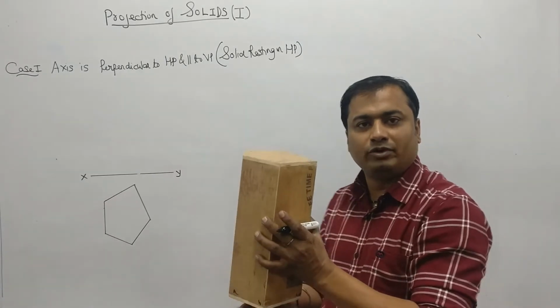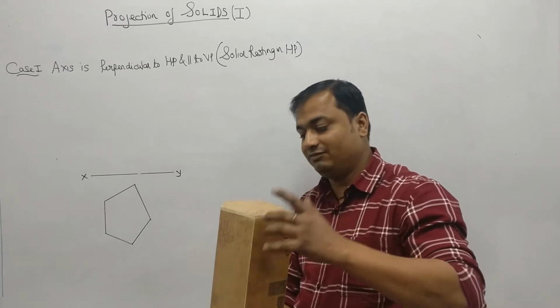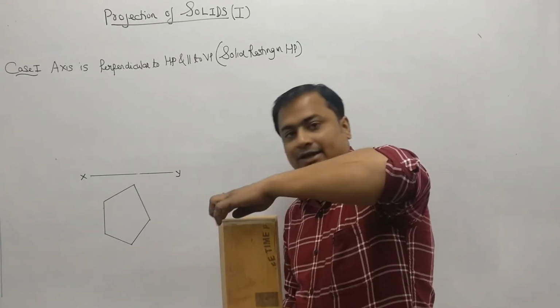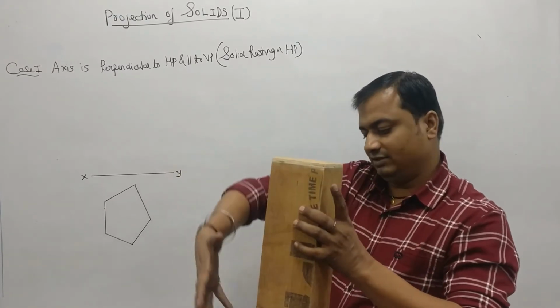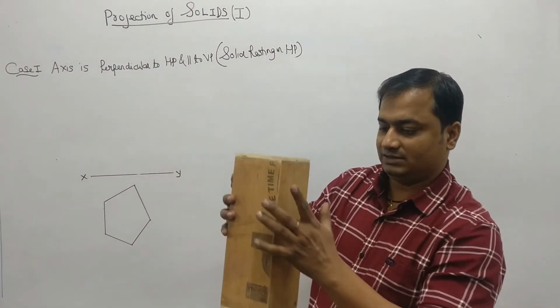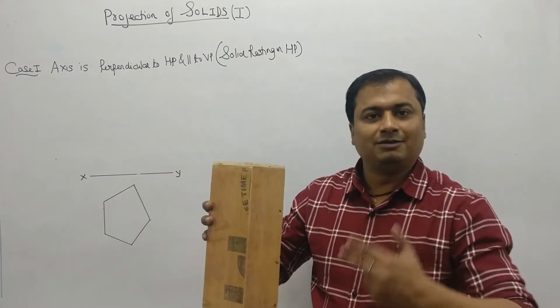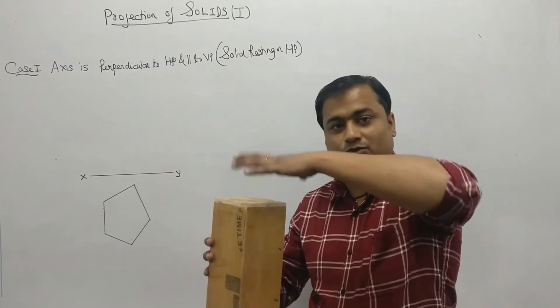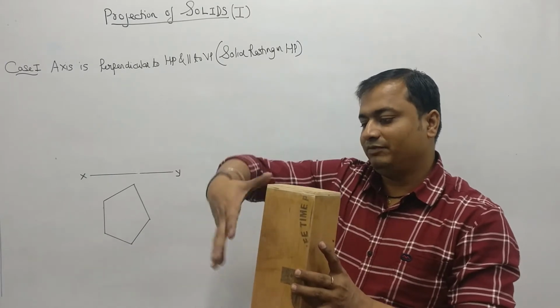So how am I going to get the naming from the top? When I see from the top, 1 will be coinciding with the A, 2 will be coinciding with the B, 3 will be coinciding with the C, 4 with the D, and 5 with the E. So there will be double naming in case of prism. एक ऊपर के लिए एक नीचे के लिए. But top से देखोगे तो दोनों एक साथ ही दिखाई देंगे. So 1 will be with A, 2 will be with B.